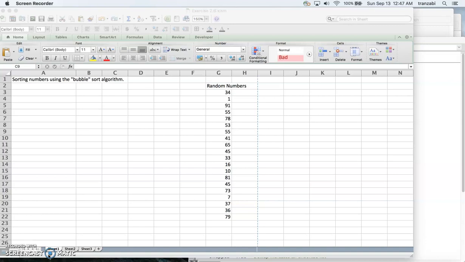If the pair is ordered already, we don't change the order. If it's not in the right order, then we have to swap the two elements. Like in this case, imagine I have 15 or 20 numbers here. I start from the top to the bottom,